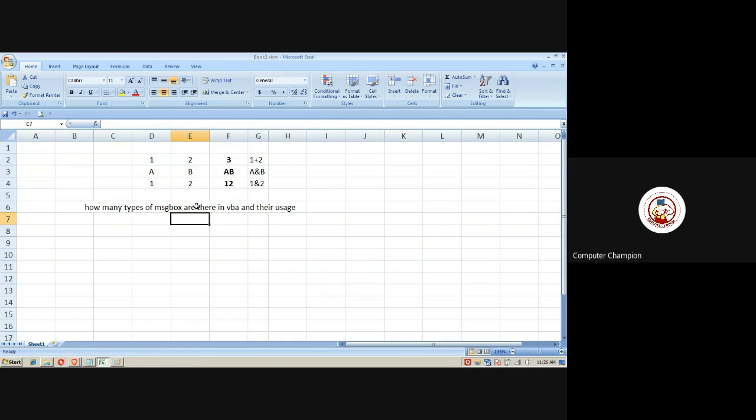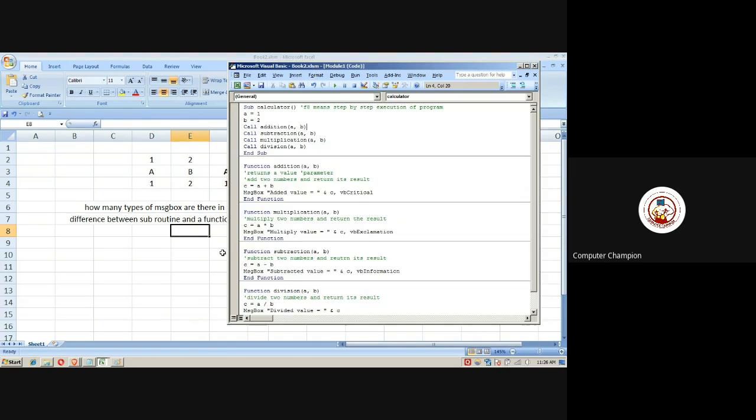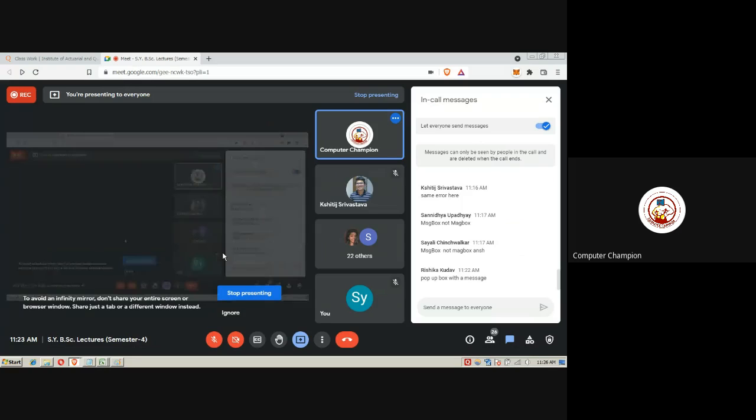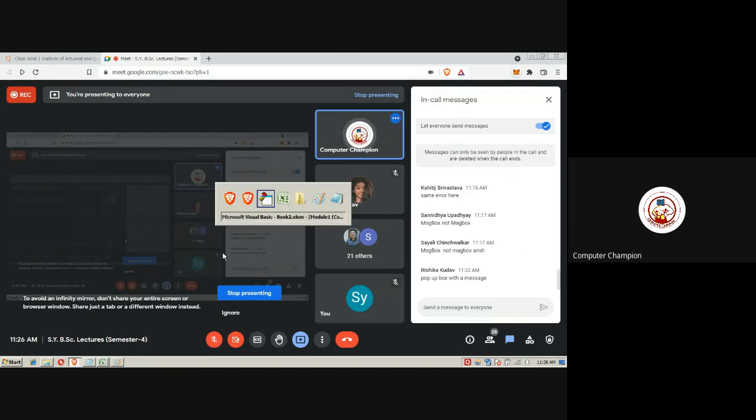And the second question of mine is: the difference between a subroutine and a function, parameter and value. Okay, these are two questions. Might be you have understood in the class, but I will have to see how much you remember in the next class.